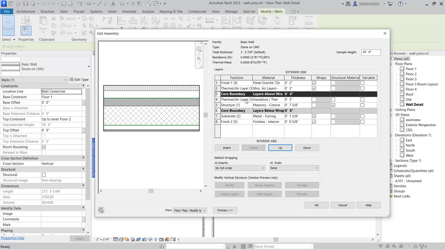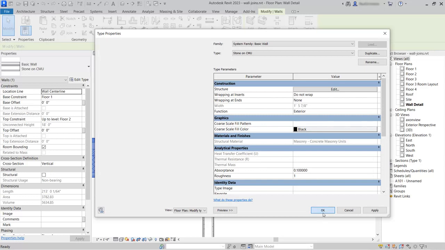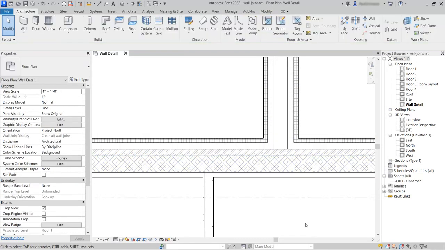So now we just need to change the function of the insulation layer, and we'll change this from being thermal air layer with a priority of 3 to a substrate with priority of 2. So this should now give us the junction that we need, so we'll click OK to save those changes, and OK to apply them to the walls in the model. And now we can see we have the junction that we wanted, with the metal stud layer of the screen wall meeting the insulation layer, and with the air layers of both walls having merged to be a continuous component